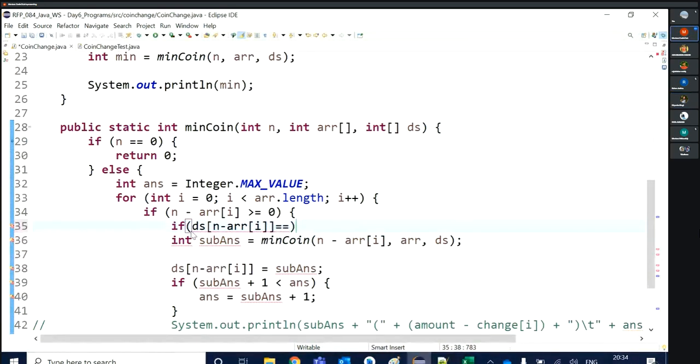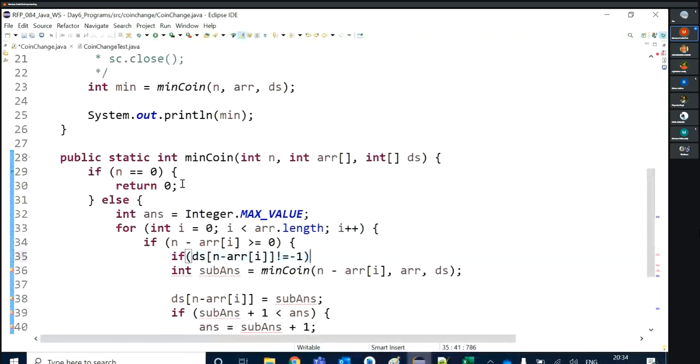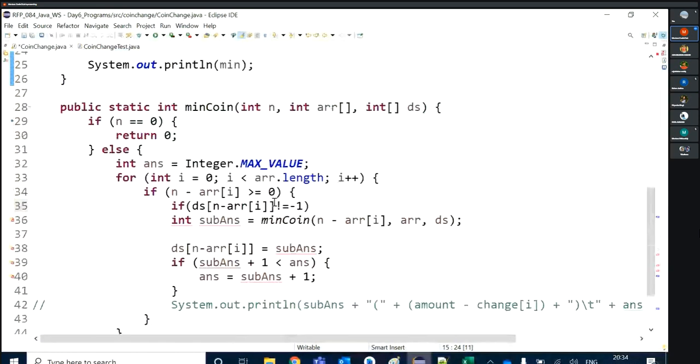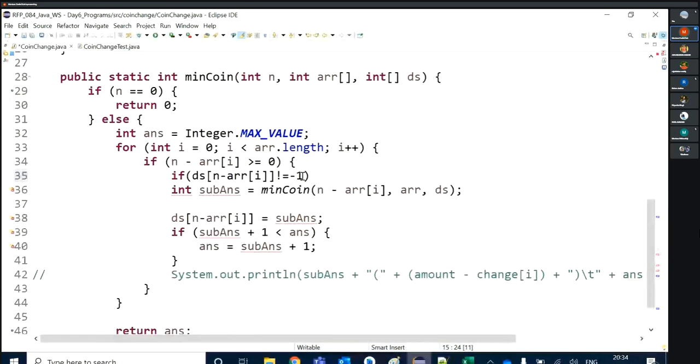What is the equals to condition here? I'm asking for the sub-answer condition. Sir, it should be equal to the same number which are repeating, right? Just a moment. Basically, we can say that not equal to -1. Why? If it is not equal to -1, then always into that DS array, I have already written my solution. Getting me? Why -1? Why have I filled it with -1 here? That's the thing. I have filled my array with -1, na?